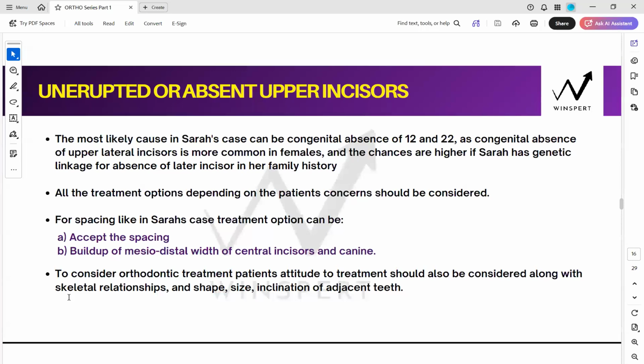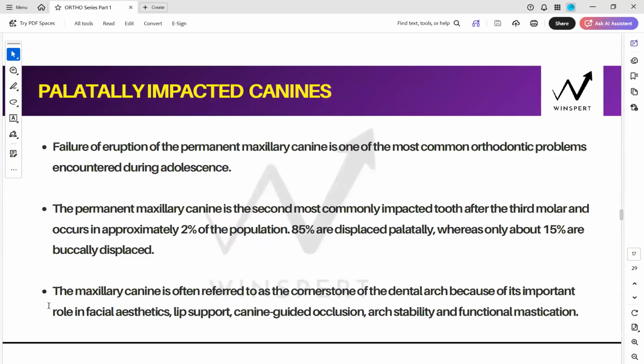Where are more complex forces acting, on centrals or on canines? Absolutely on canines, right? So these are the possible treatment options available, and that is how you can manage. All these are what you will offer to the patient: either closure of the space, or build up of mesiodistal width and closing the space with composites or veneers, or opening up with orthodontic treatment and creating the space for the lateral incisors.